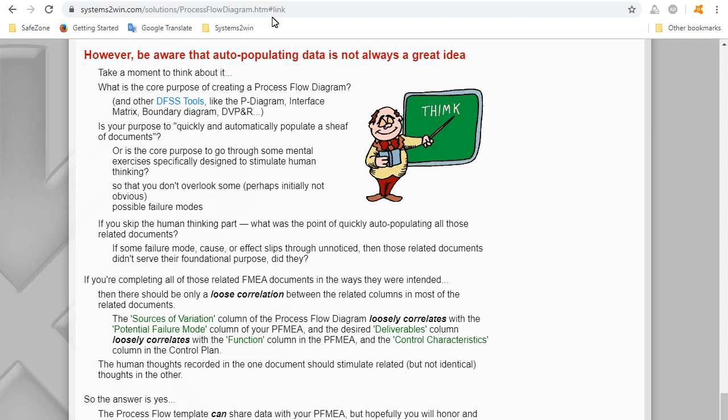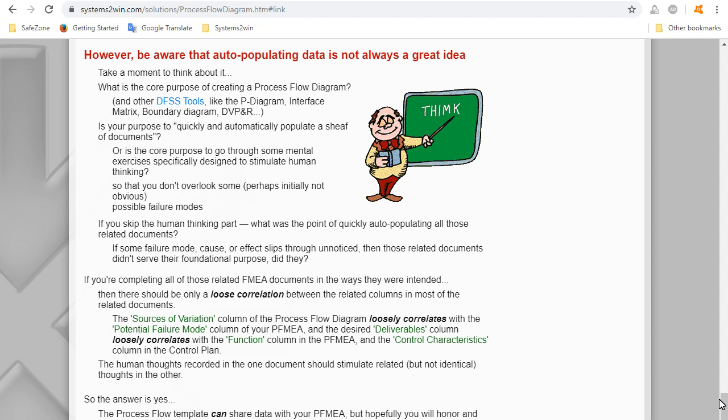For every one of those essential and optional source documents, the bottom line purpose of doing it is at some point to stimulate a human being to think. And if all that you're going to do is auto-populate from one document to another, you're bypassing thinking. In other words, the phrasing in one document might be completely different from the phrasing in another one.